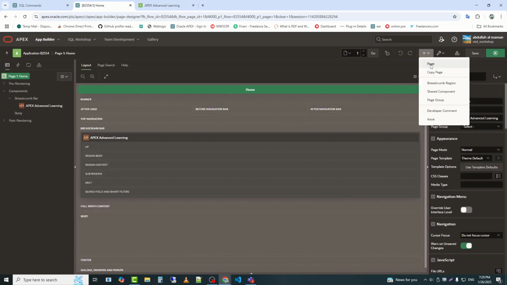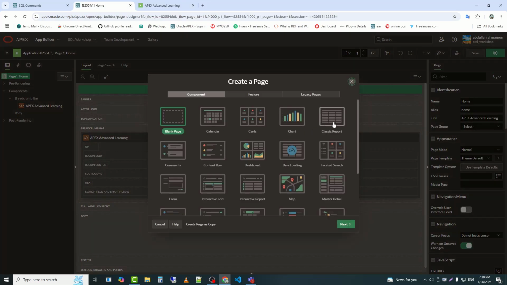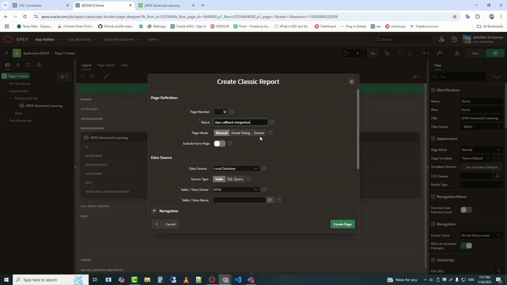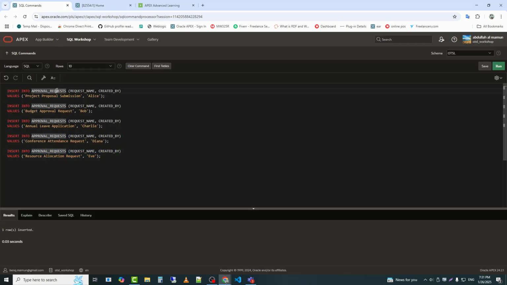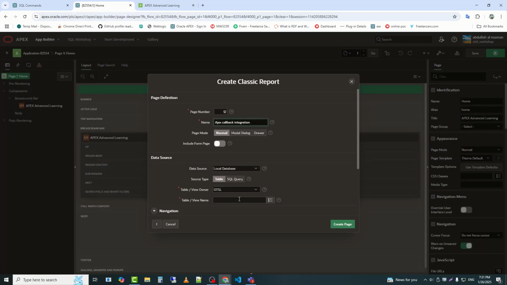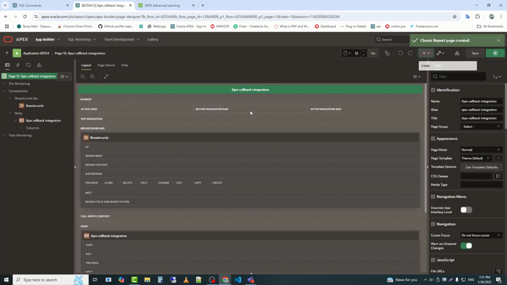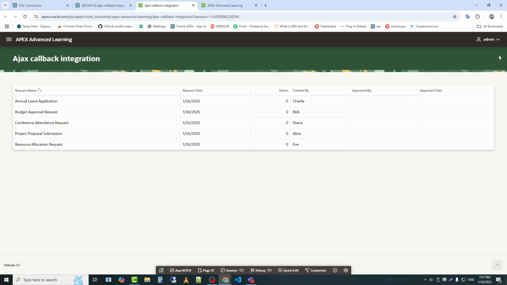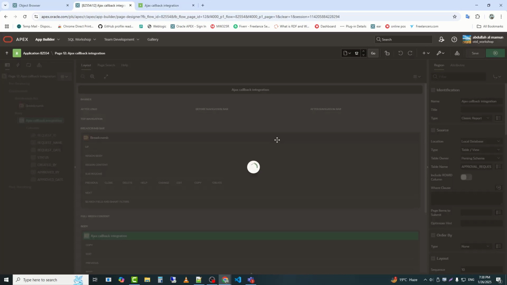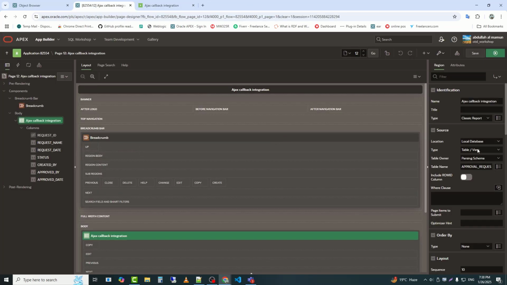Now I will create a classic report on approval_requests so that I can proceed with my tasks. The classic report has been created. Now I will add an extra column to it.